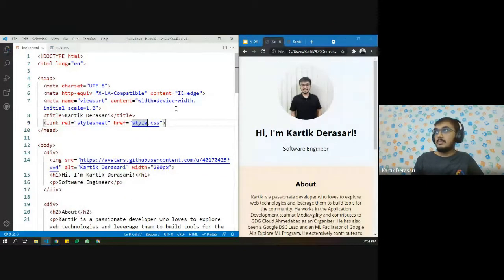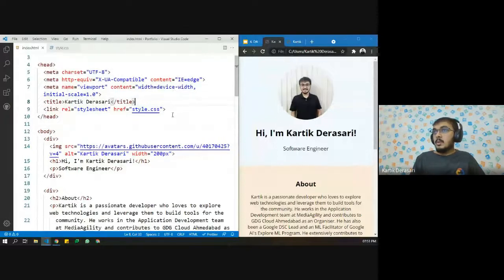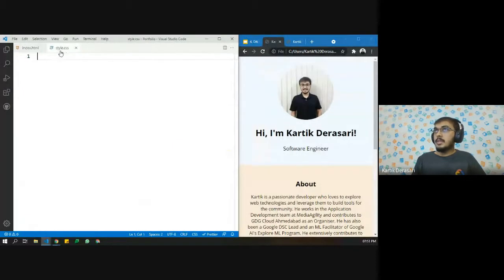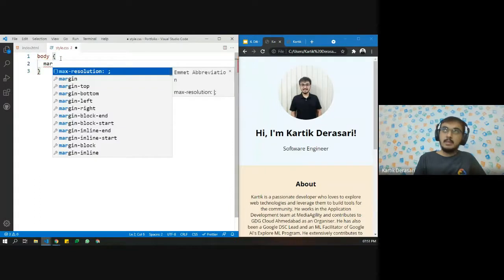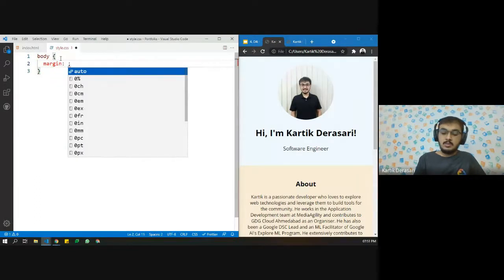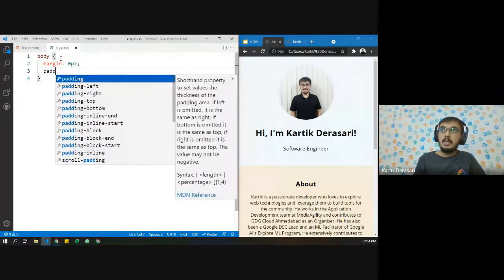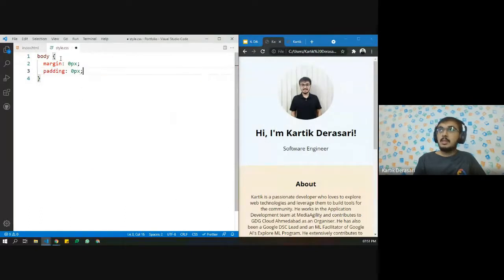Okay, it's done. So now, first of all, we need to remove the margin and padding from the body. Let's say margin equals 0 pixel, padding equals 0 pixel. This margin and padding is there by default from the browser itself.